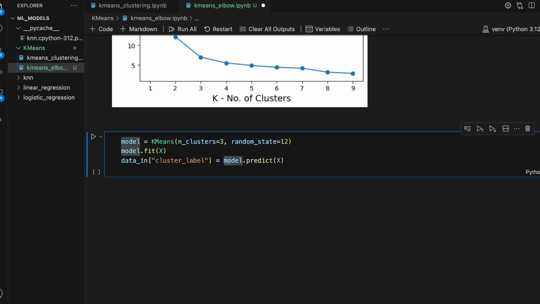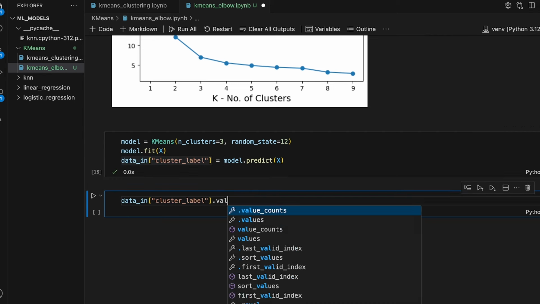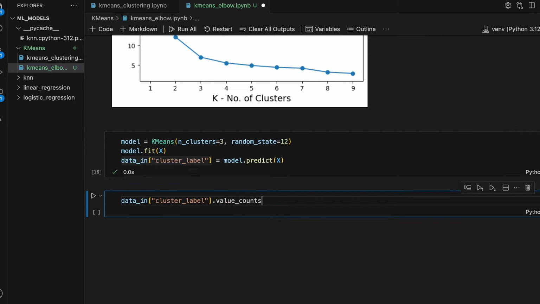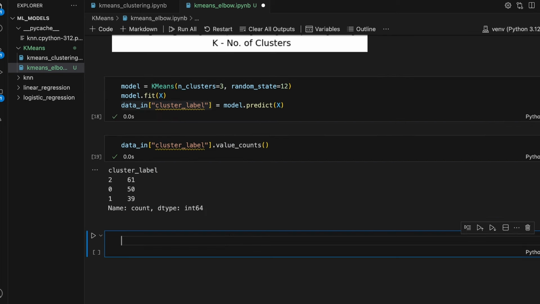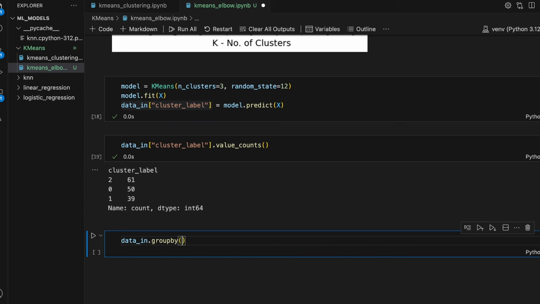I simply run this particular code and now go about looking at the value counts associated with the different cluster labels that I have ended up creating. So there are 61 data points that are classified to cluster label 2, 50 of them categorized to 0 and 39 of them categorized to 1. You can also derive the summary statistics pertinent to each one of these cluster labels by simply doing a group by on cluster label,